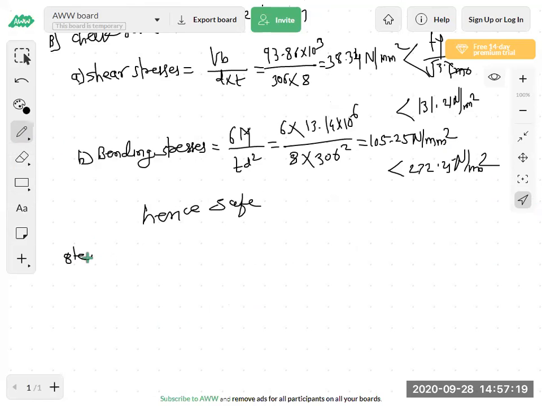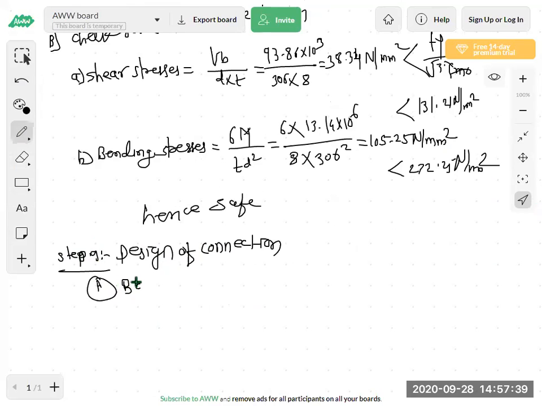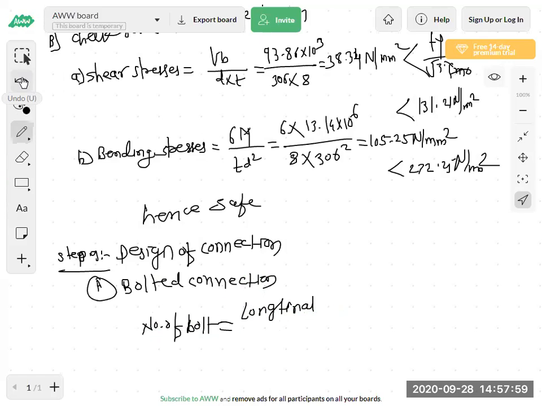And last step, that is step number 9. Step 9, design of connection. So here we will design the bolted connection. I have given the procedure. So for the bolted connection, we have to calculate the number of bolts. So number of bolts is equal to, I have given the formula, just a minute,